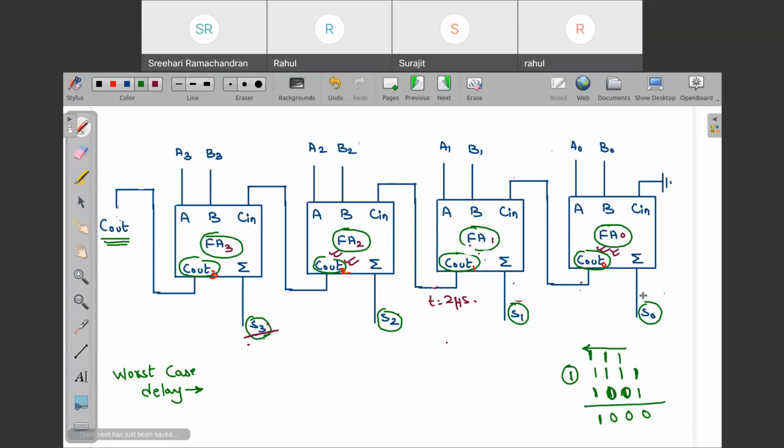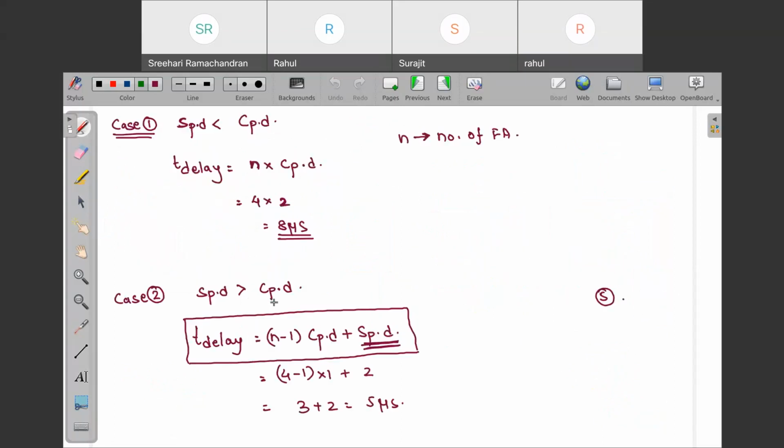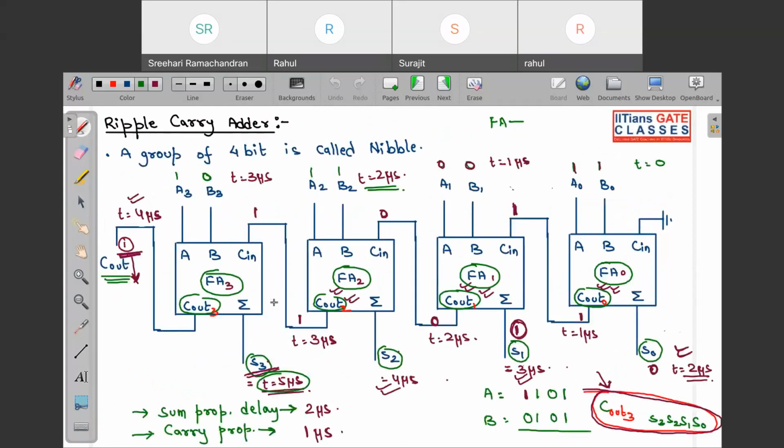stages, I am generating a carry, due to which I am getting worst case delay. But in our particular case, look over here, what I had taken, 1. So try to understand this concept. This will not be asked in GATE. But still,